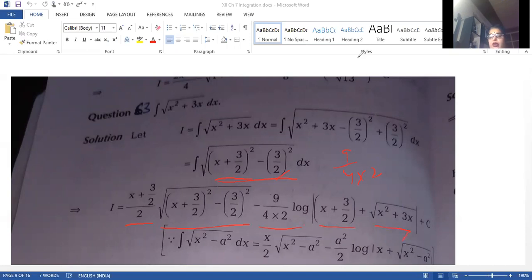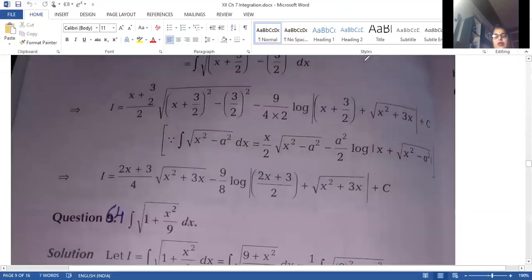Now what you have to write? The same thing. Now why they have written x square plus 3x? Because x square plus 3x is only equal to this value. Clear? So either you write this way or you write this also, then also it will be correct. Come to the next question. Plus c we always write. So I'm not saying plus c. You please write down plus c every time.